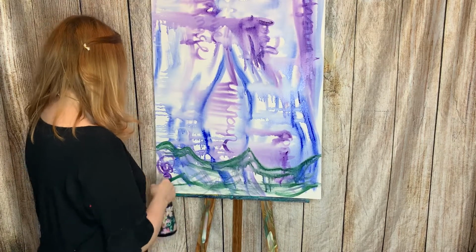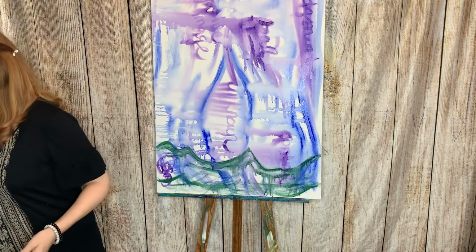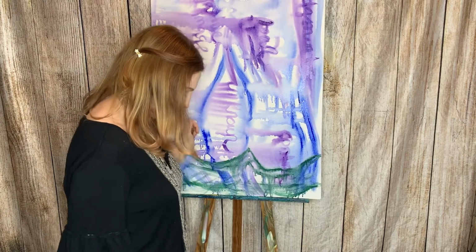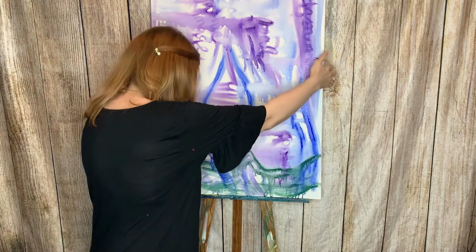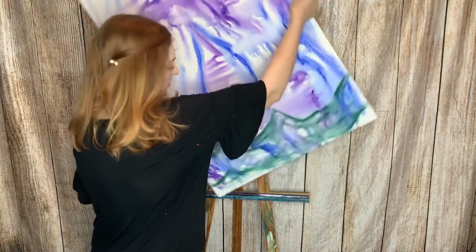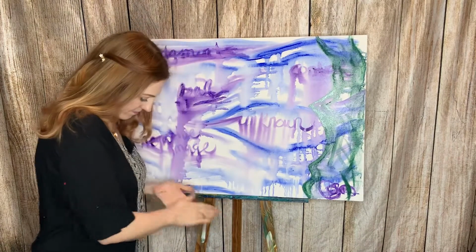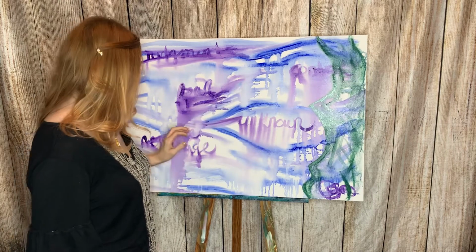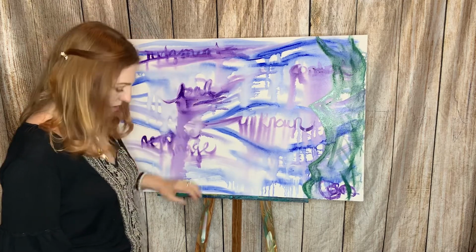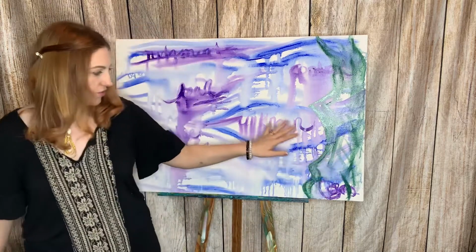Add a little dripping, just like water likes to do. Let it drip for another second. And you can keep your canvas turned whatever way you feel called to turn or to keep it, or you can keep turning it throughout the whole process. I'm going to turn it back this way. And well, I'm going to let this dry for a little bit